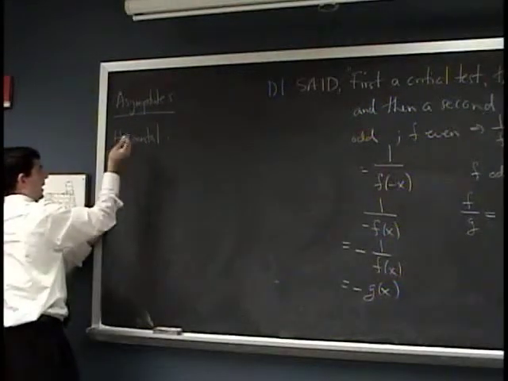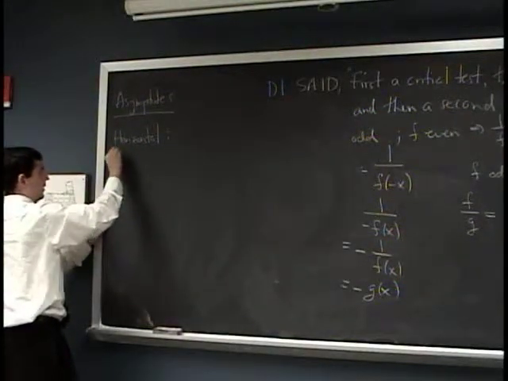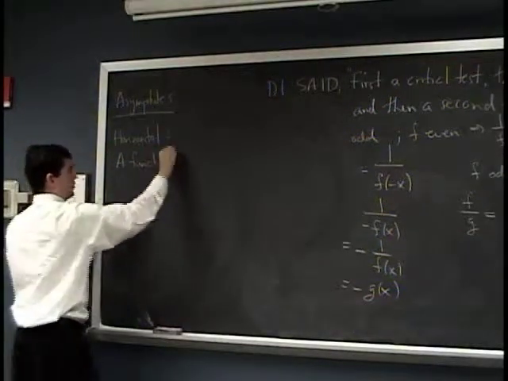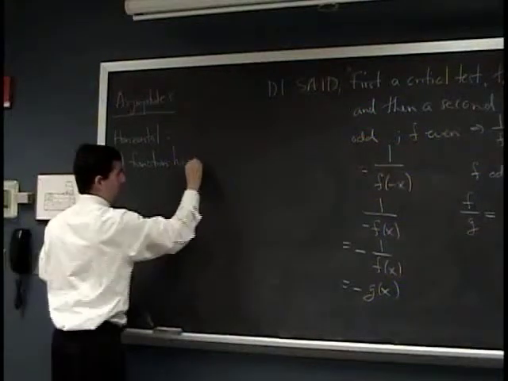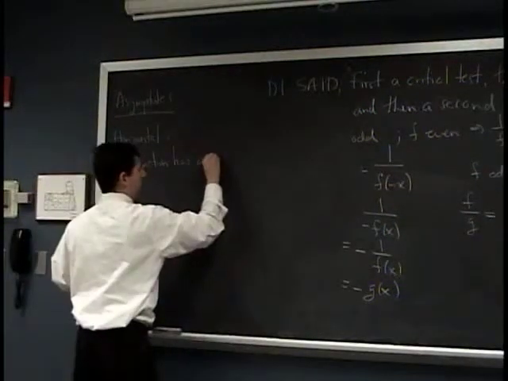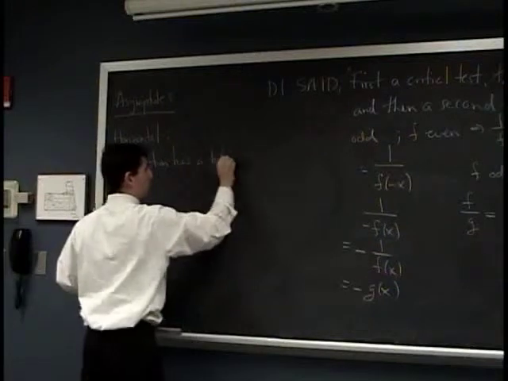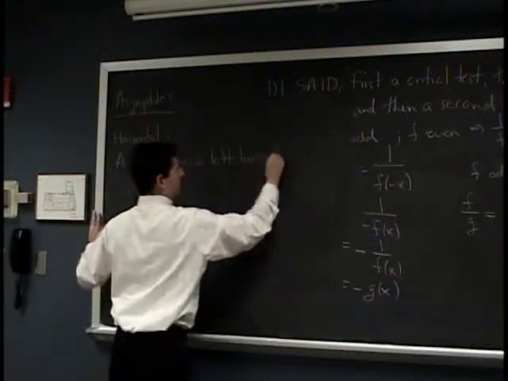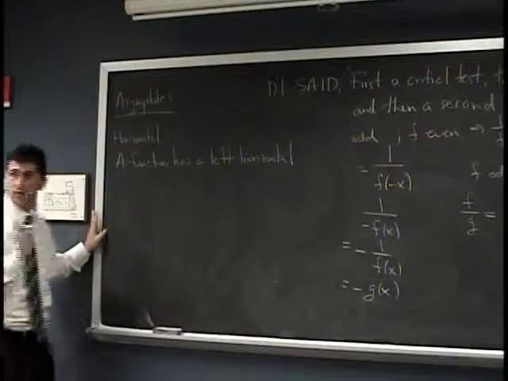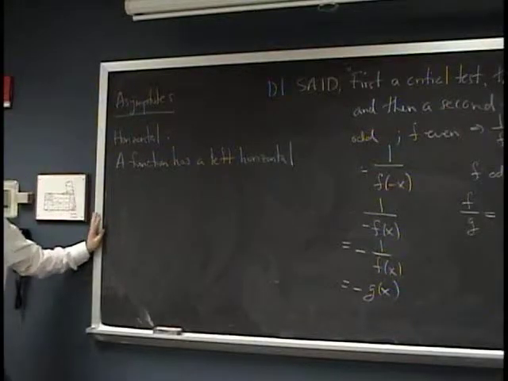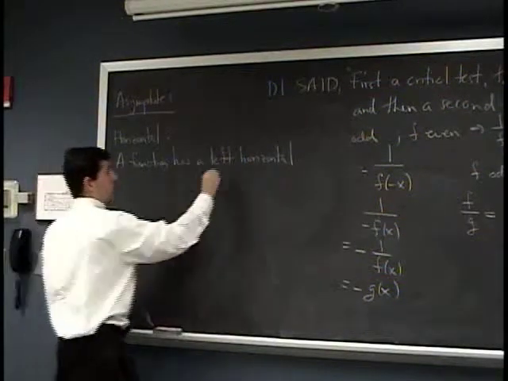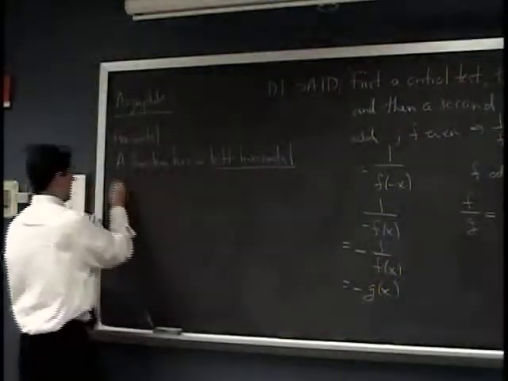So here's how I'm going to write it. A function has a left horizontal asymptote. Now, this left business is not a standard bit of terminology. I'm just doing it because I want to emphasize that a function can actually have two horizontal asymptotes. So a function has a left horizontal asymptote